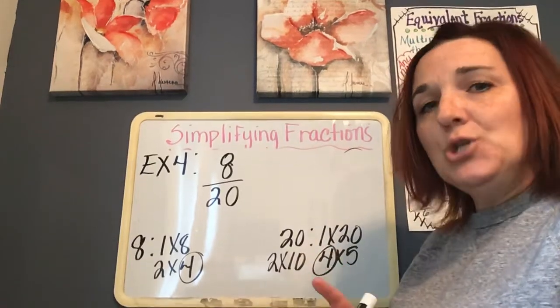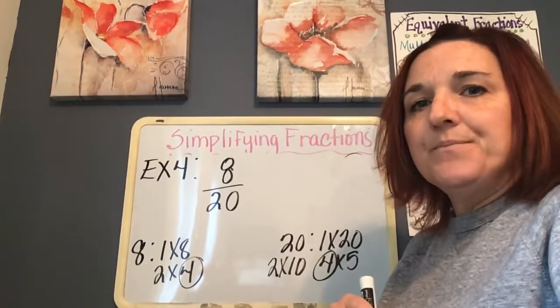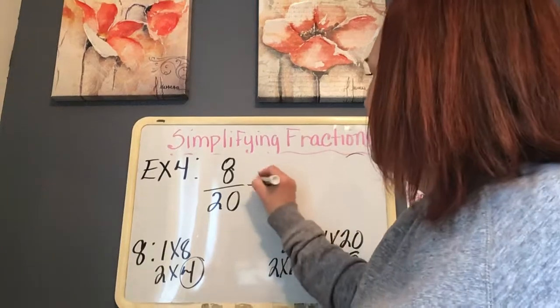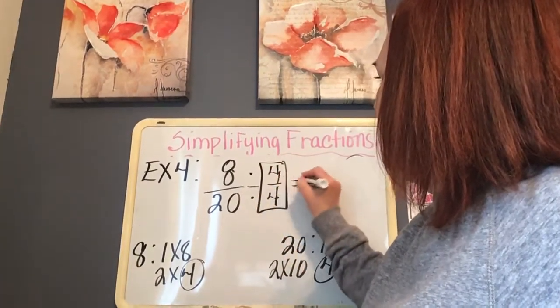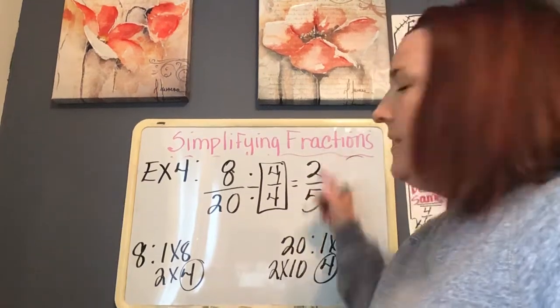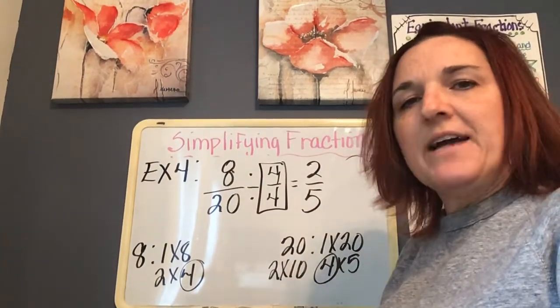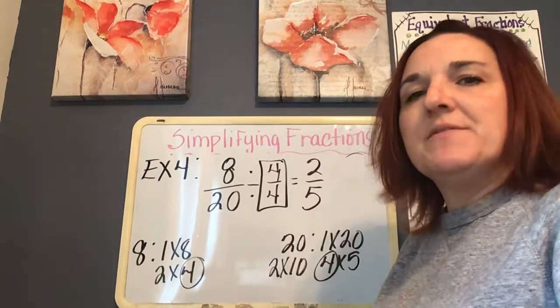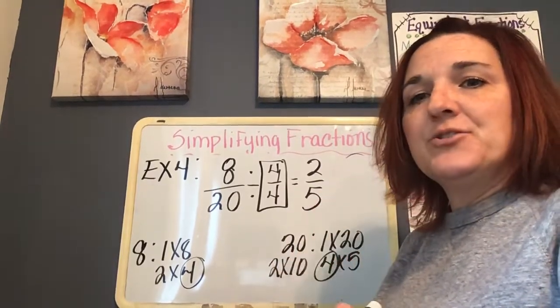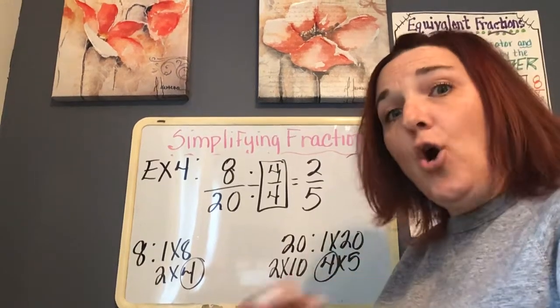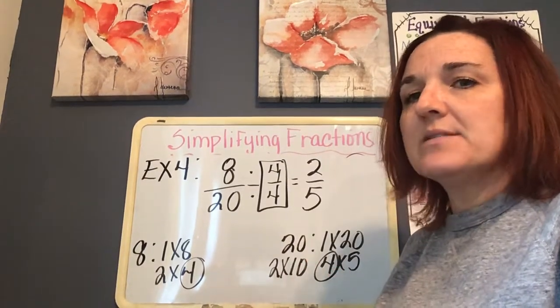So again, if you use 2, you would have to divide again. So let's use 4. And looking at 2/5, the only factor in common is 1, so you know I've simplified my fraction. All right, make sure that you're showing all your work. Make sure you take your time. Make sure you list all your factors because you might miss the one that's going to get you down to